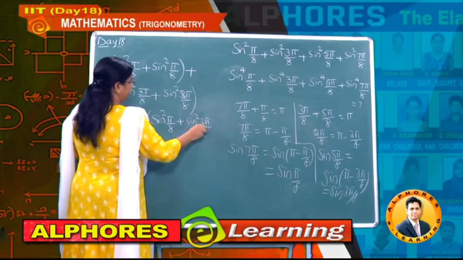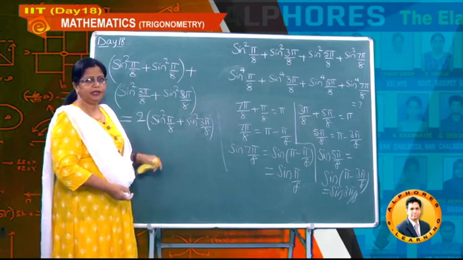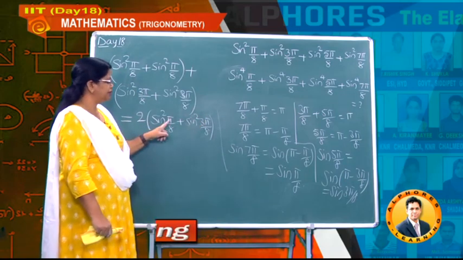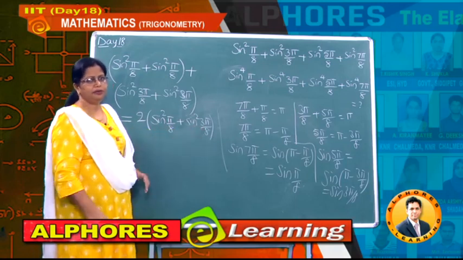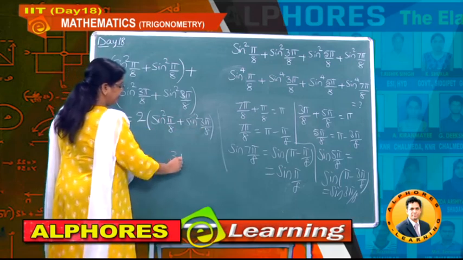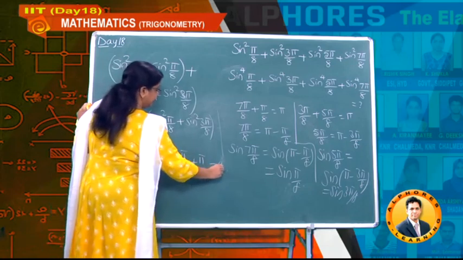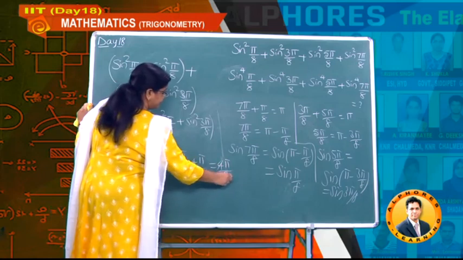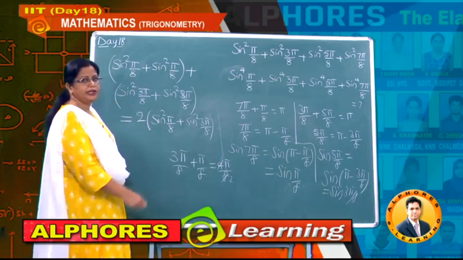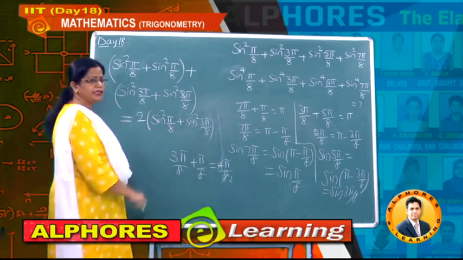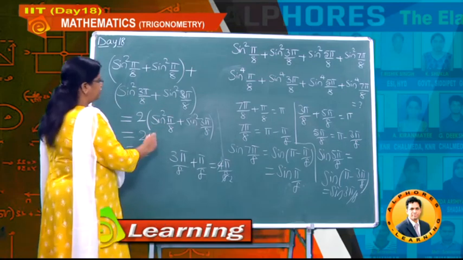Now at this stage you have to understand one thing again. In compound angles we have done a concept that if a plus b equals 90 degrees, then sin square a plus sin square b equals 1. So what is a plus b here? 3 pi by 8 plus pi by 8. What is this value? 4 pi by 8, which means pi by 2. So you got a plus b as 90 degrees, then clearly sin square a plus sin square b is 1. Hence students, finally what is your answer? It's nothing but 2.